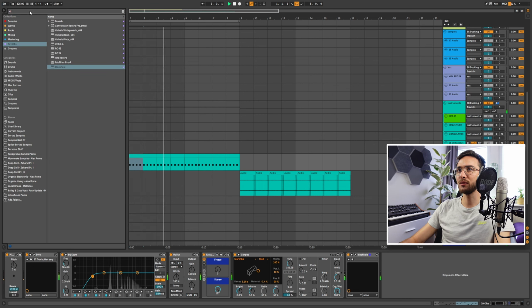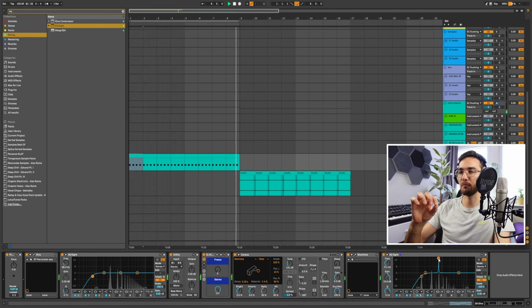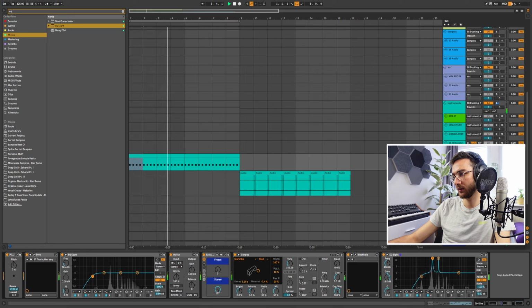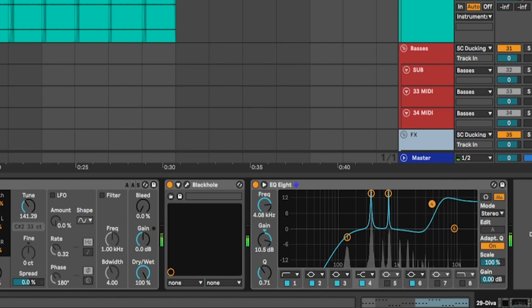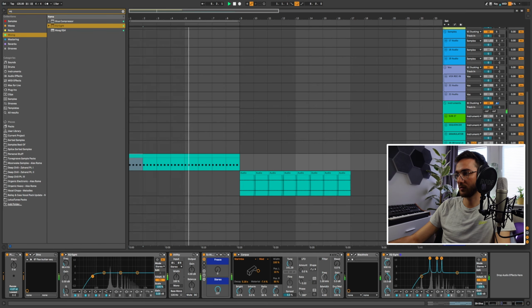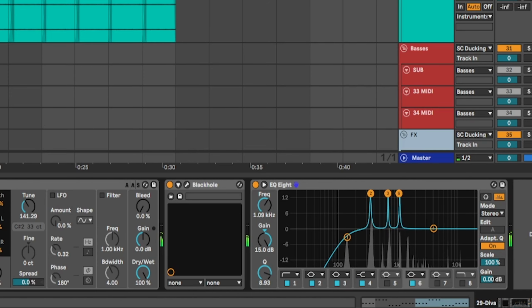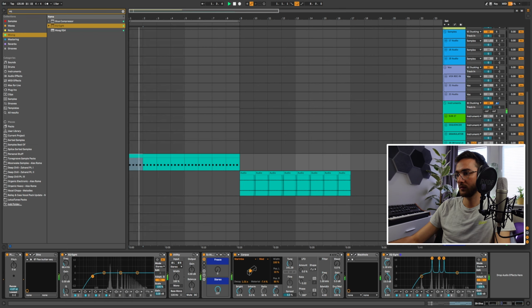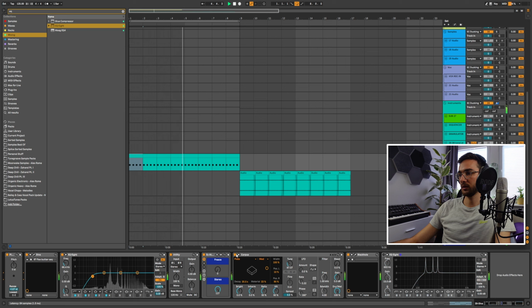Now I'm gonna add an EQ, and I'm gonna emphasize certain harmonics or peaks that I want the sample to have. Then I can drag around these harmonics here. And if we turn off our EQ and the Corpus,